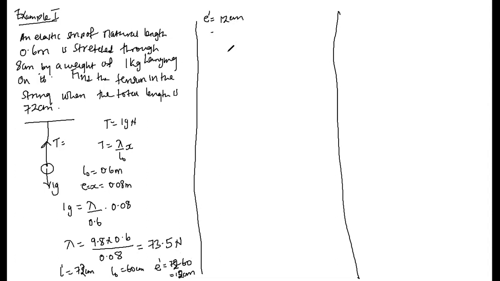So the new tension shall be lambda over the original length times the new extension, or one can write it as lambda over the original length times x prime. So the new tension